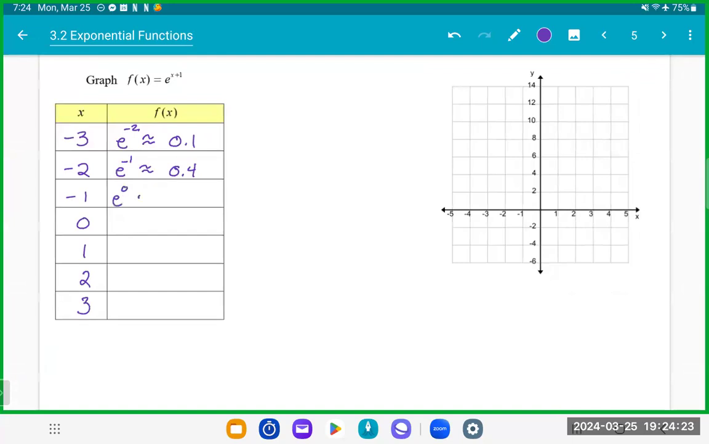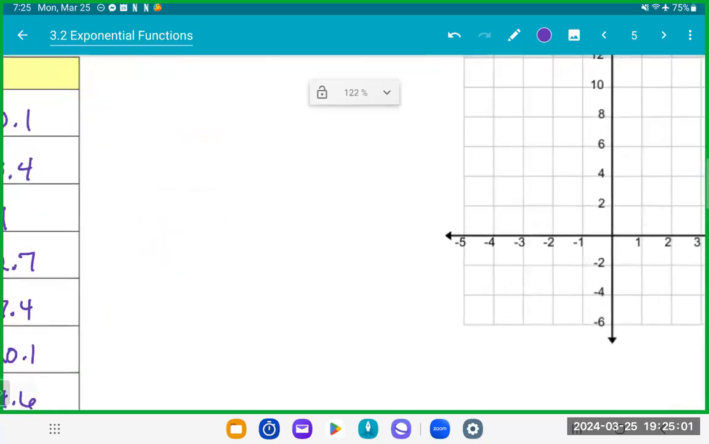This is e to the 0, so anything to the 0 is 1. The next one is e to the 1. e to the 1 is 2.7. This is e squared, so that's 7.4. e cubed is 20.1. And e to the 4 is 54.6. Okay. So when we look at this, we have